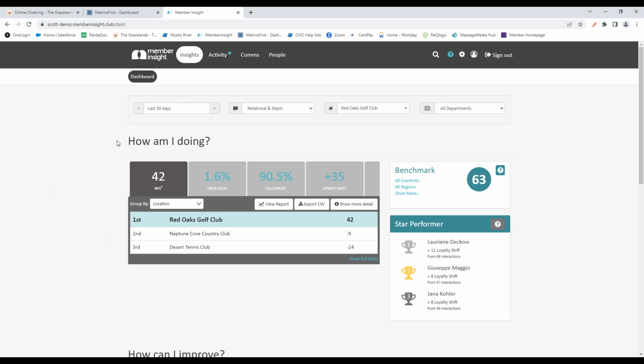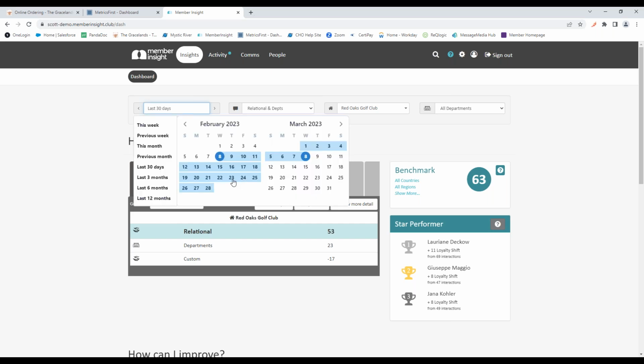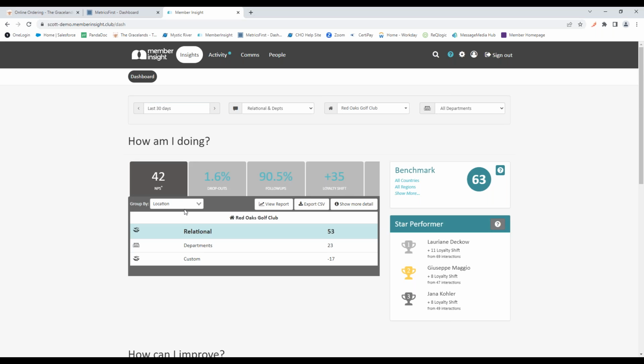Yeah, so Member Insight is our member survey platform. Again, it is web-based, and there's a couple different options we can do within here that we can survey members. You can have multiple departments and clubs within here, so we can filter by different departments. If we want to look at a certain date range, we can go ahead and set specifics on that. So we have 4 different types of surveys within Member Insight.